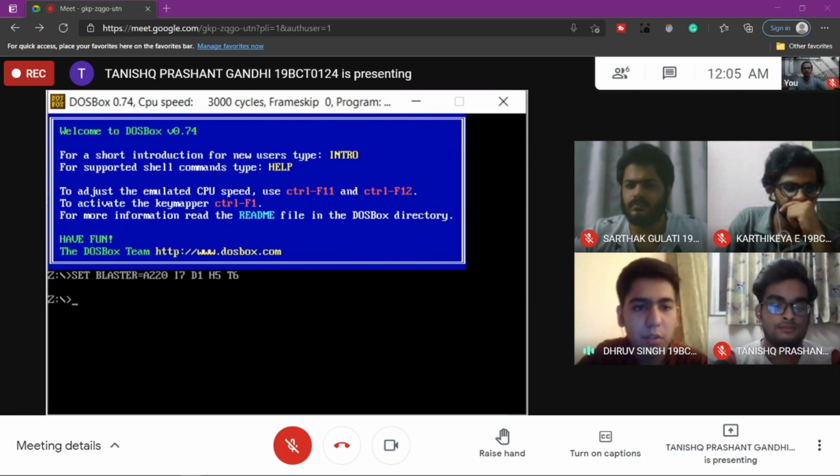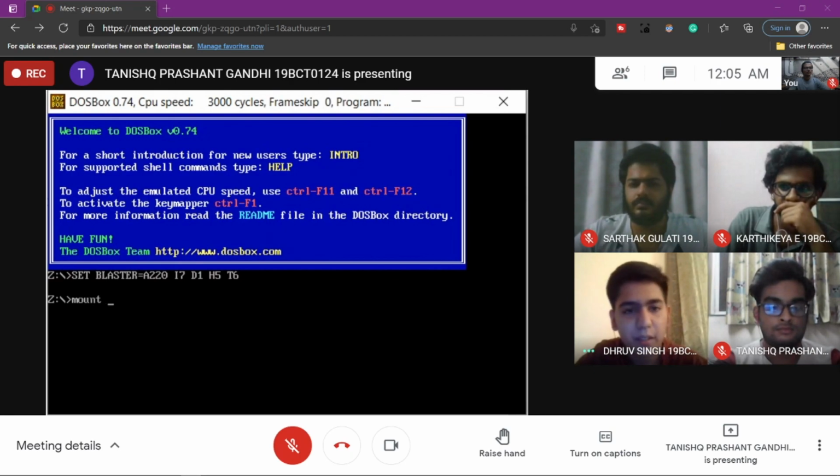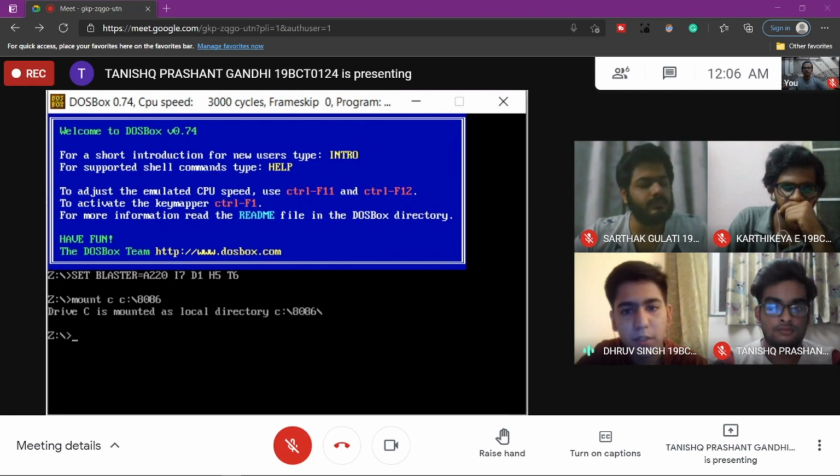After a successful installation and on running the package, we can see this black screen, which is the terminal of the MASM. Since we have already installed DOSBox and the MASM files are stored in the 8086 folder in C drive, we'll enter the following commands on the terminal screen.